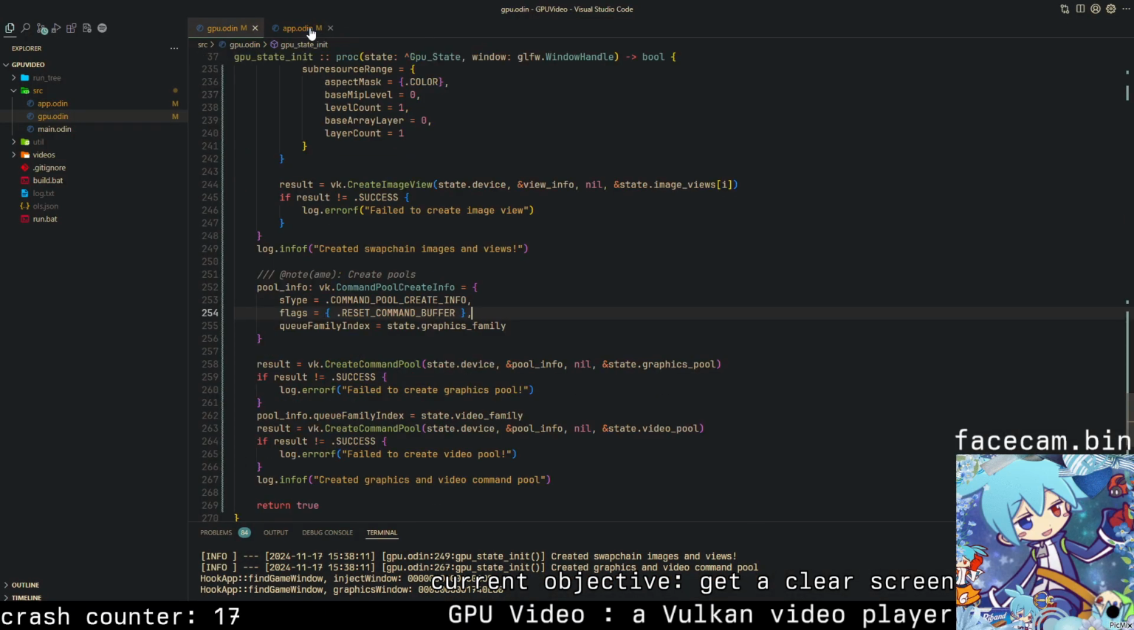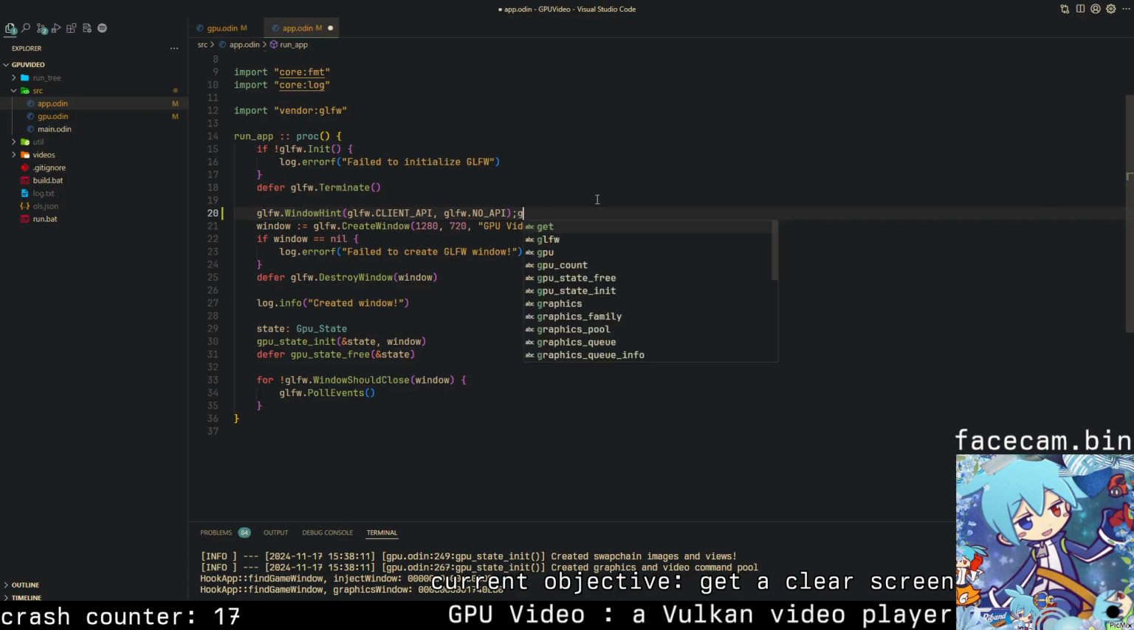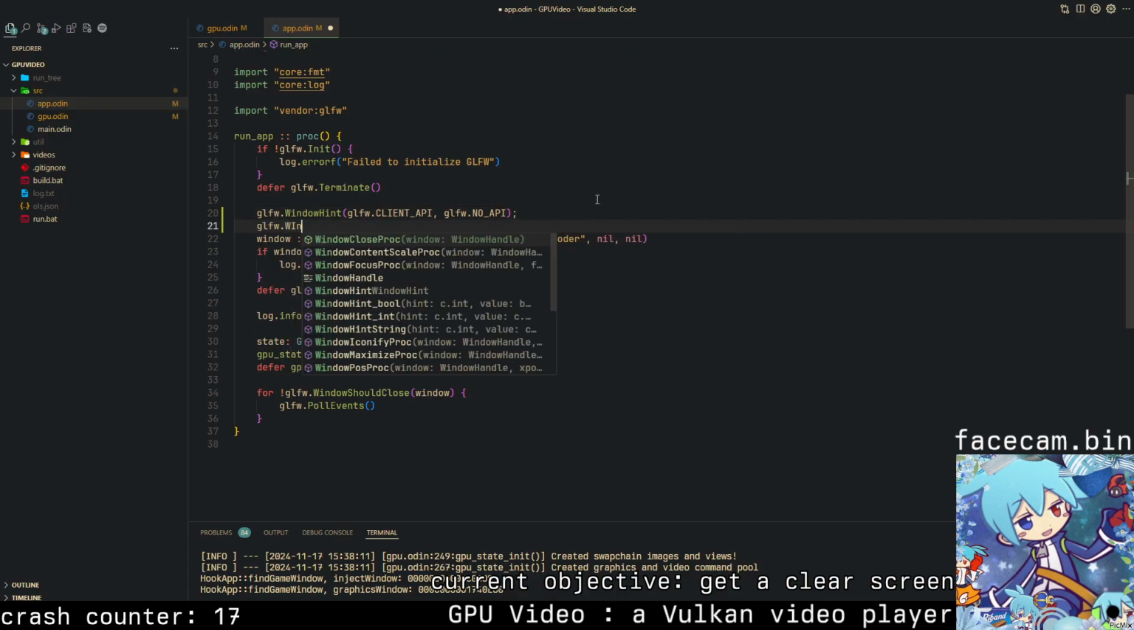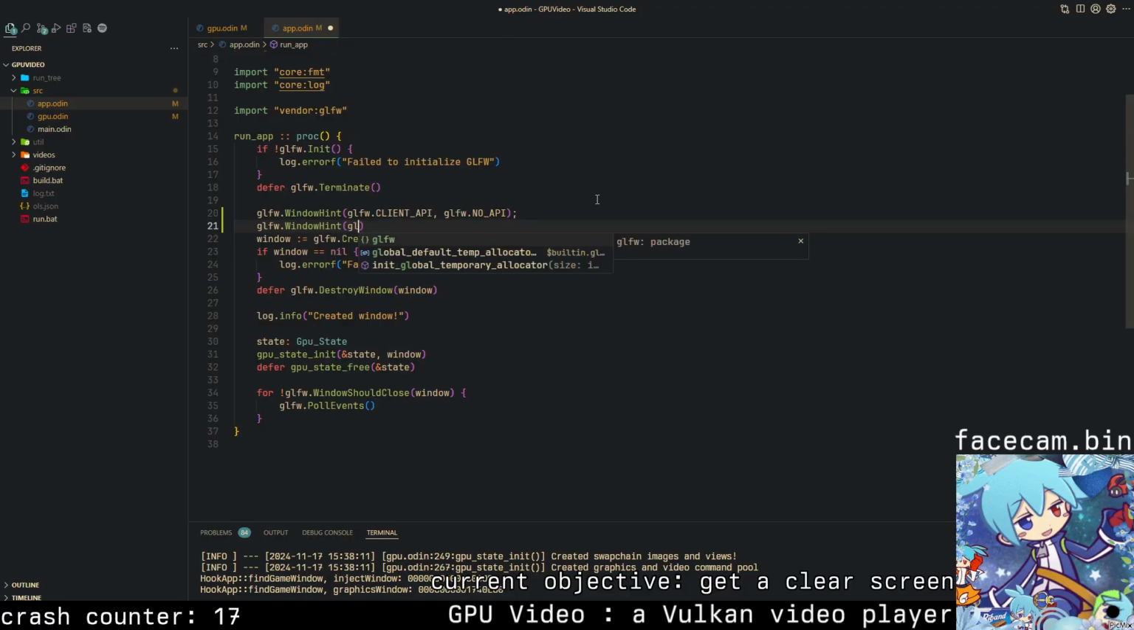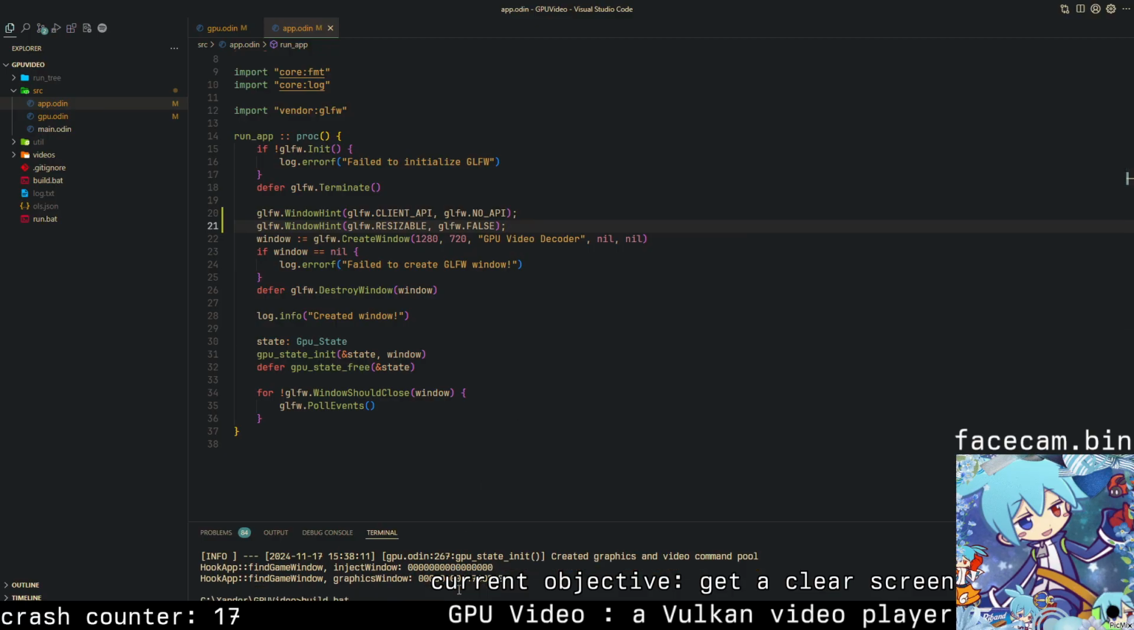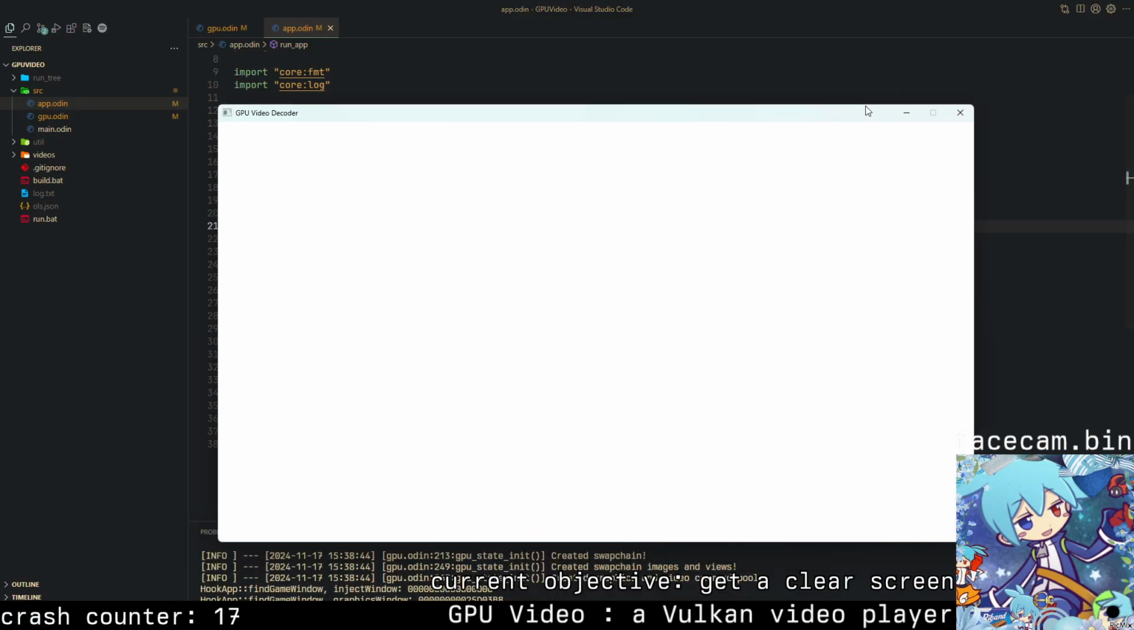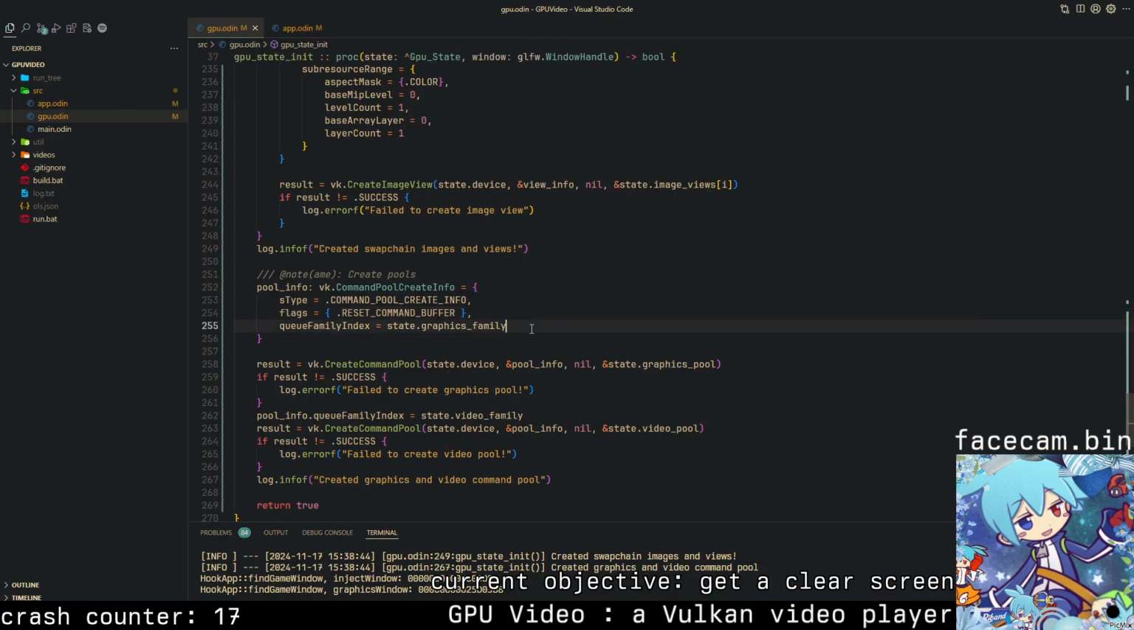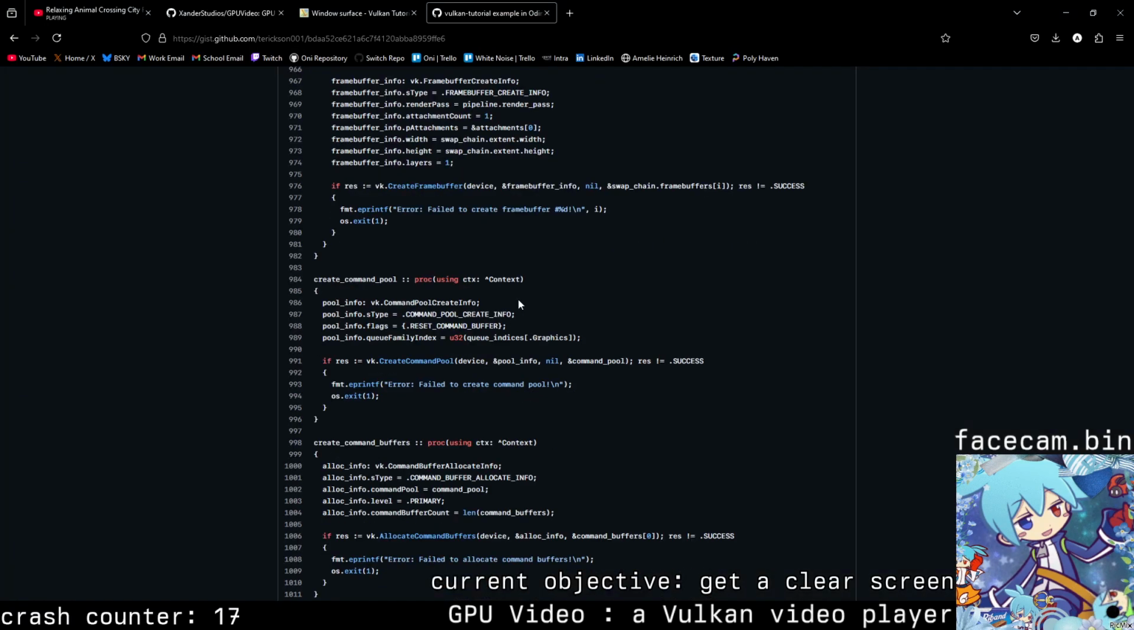Also, for safety, let's just make it no resize for now. Window hints, resizable, false. No resize. I don't want any resize for now. Good. Alright. So now